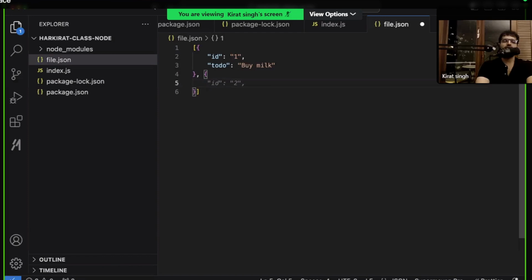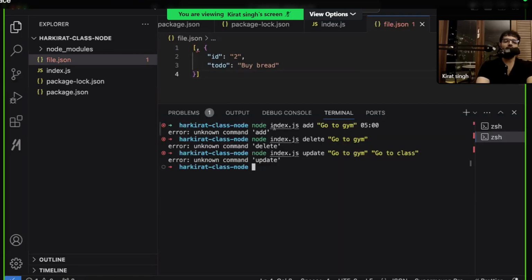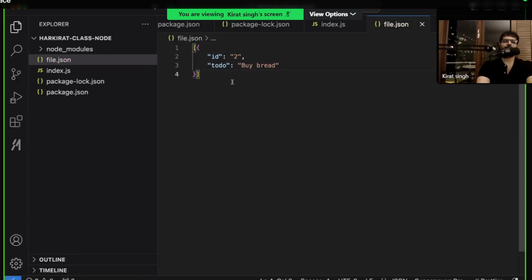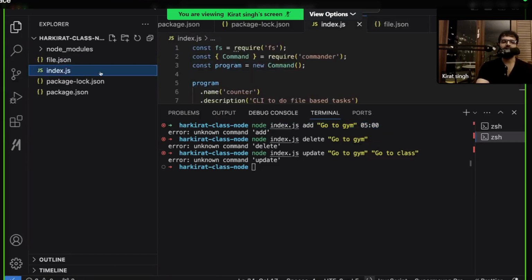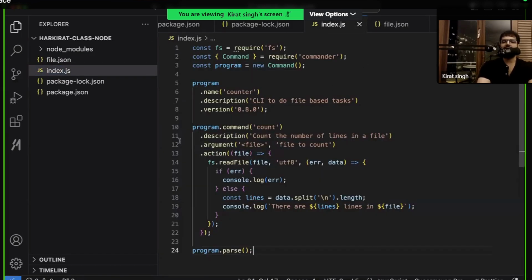And then as more to-dos are added, this gets populated, and if they are deleted, they get removed from the file. So you need to make sure all the to-dos that come from this CLI end up in a file like this called file.json, which is why this is a slightly weird use case to code. And the thing that will teach you is how to integrate the FS library over here to read and write to files from time to time, which is not too difficult. So feel free to code it.